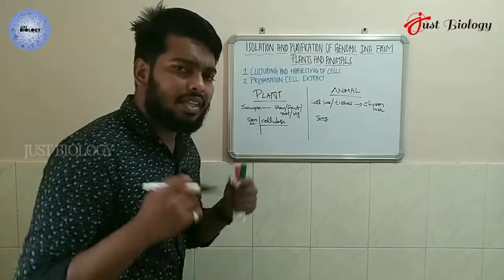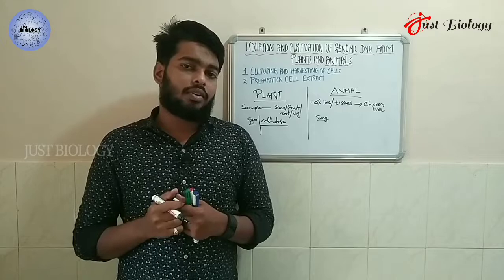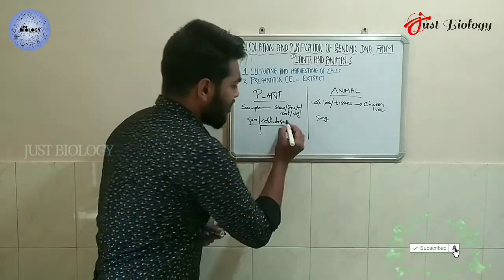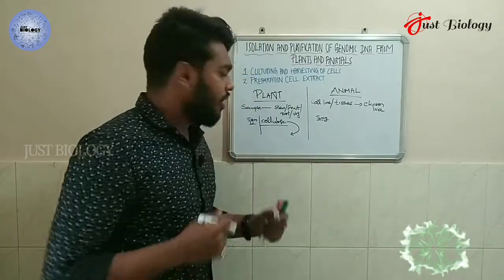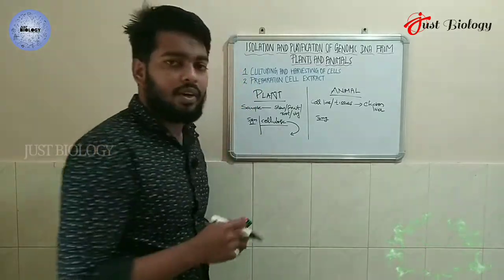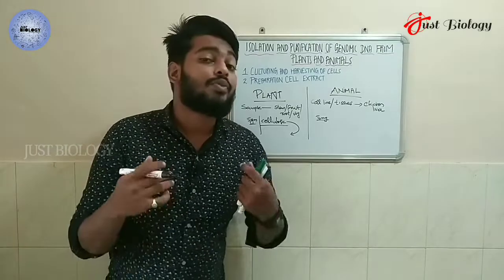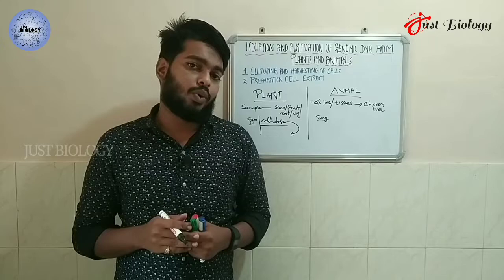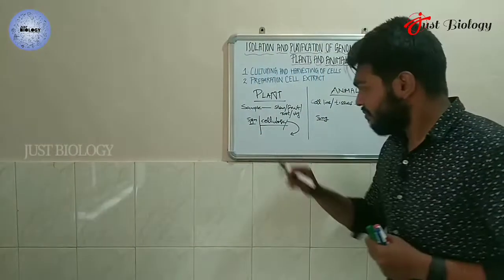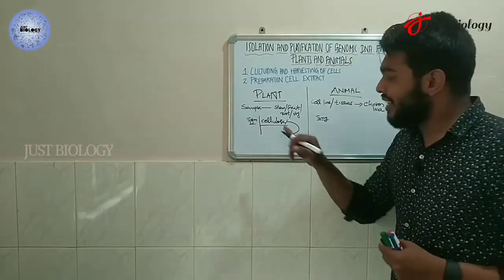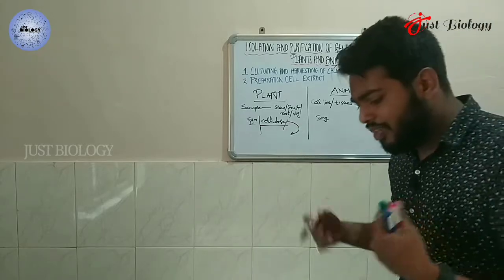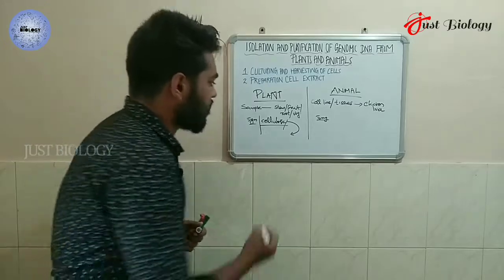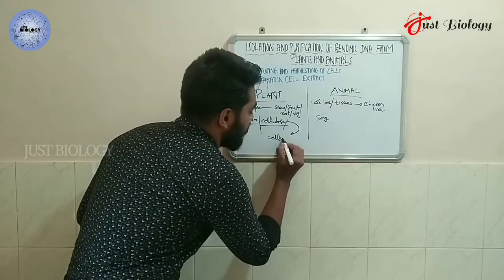Cellulose is most often seen in the cell wall, and it is the most abundant component, I would say. If we remove the cellulose polymer from the cell wall, we will get the cell without a cell wall. So we need to degrade the cellulose. What do we need to do? We have to break the cellulose with an enzyme called cellulase.